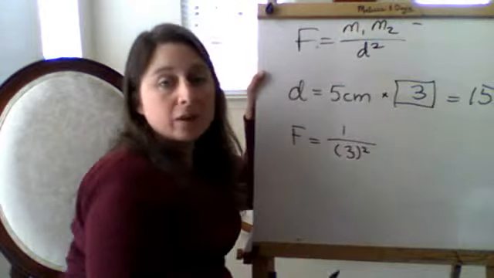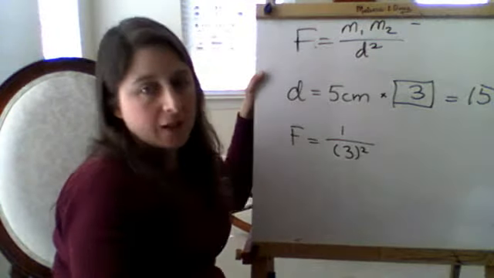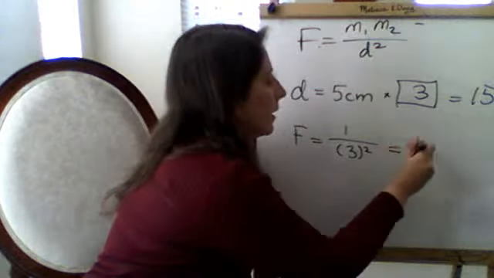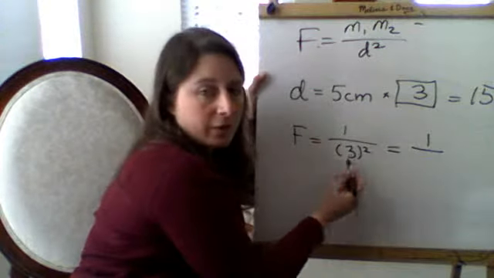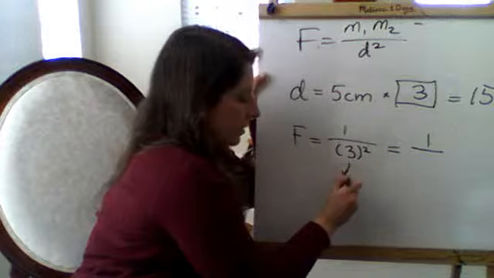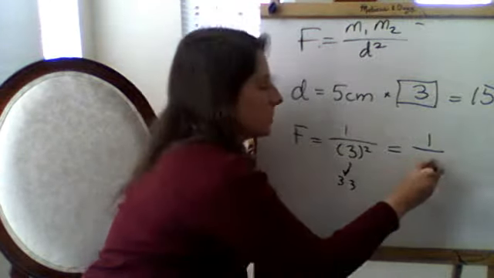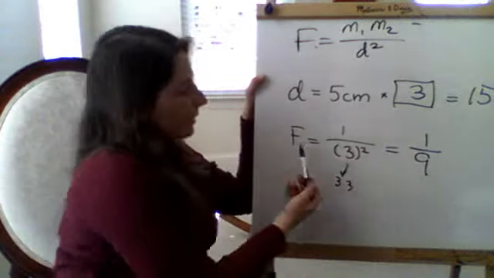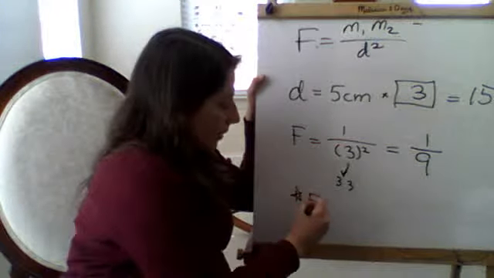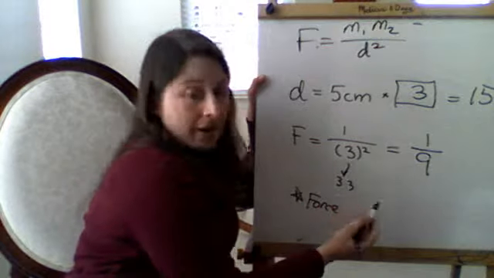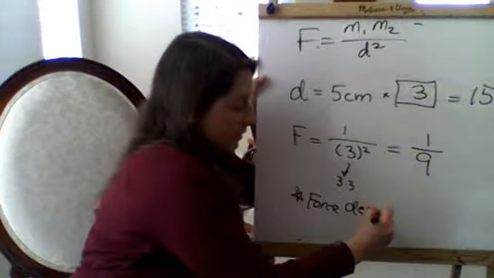And then I square the change in distance because the equation has that squared. So then I get the answer here to be 1 over 3 times 3. 3 squared is just 3 times 3, right? And 3 times 3 is 9. So I find the force changes by 1/9. And what that means is force of gravity decreases